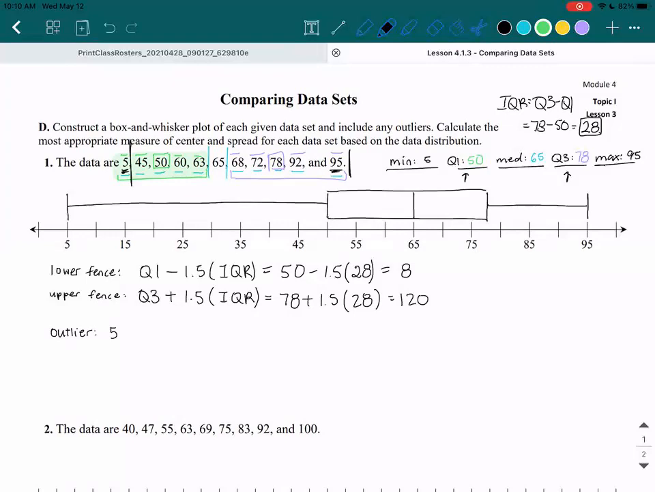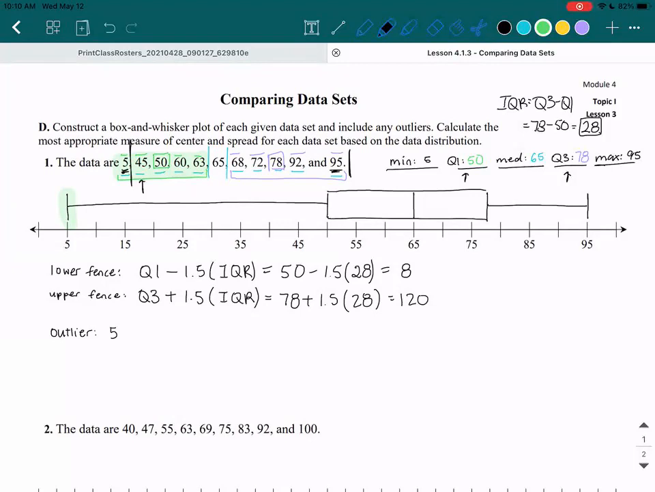Okay, so now that we've actually calculated our outlier, there's a slightly different way to do our box and whisker plot. Because 5 is an outlier, you don't actually want to include it as part of this whisker. So let me highlight that to show you. We don't actually want to put this as our minimum. In fact, we want our new minimum to be the next smallest number,